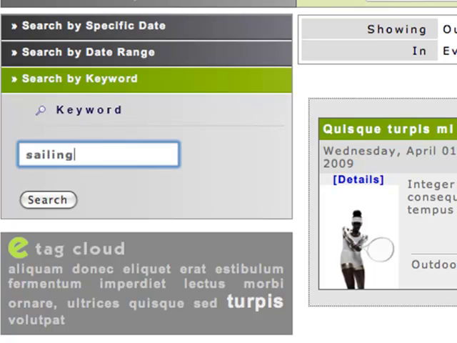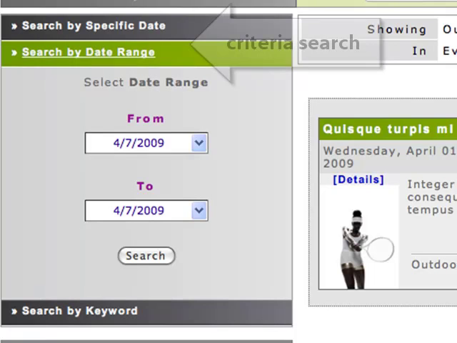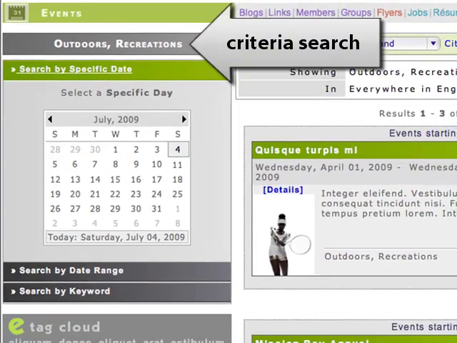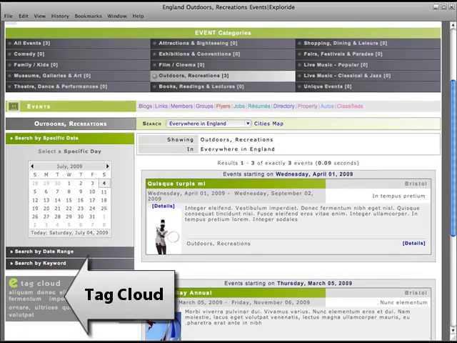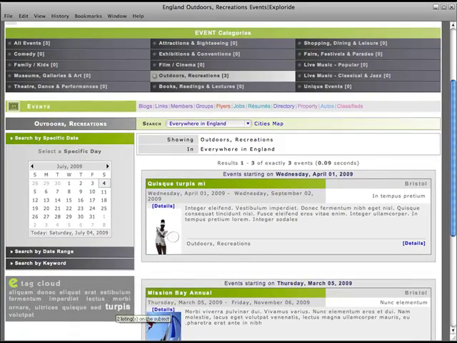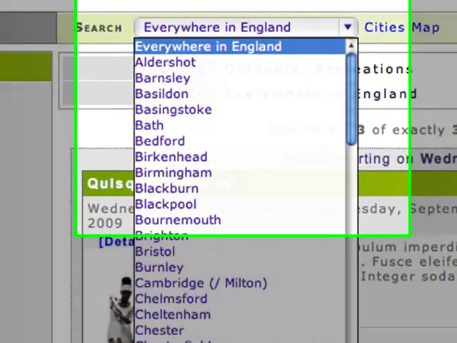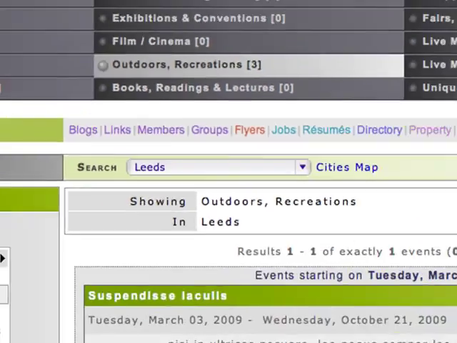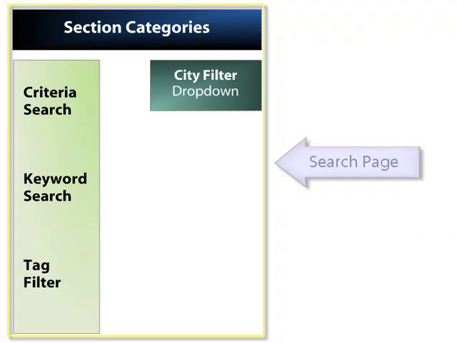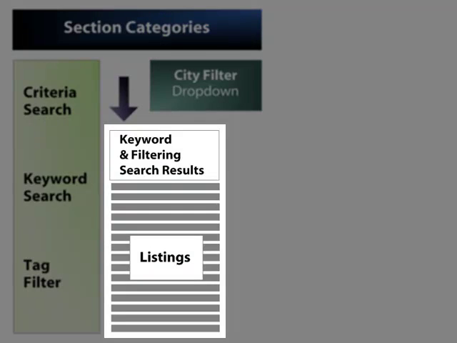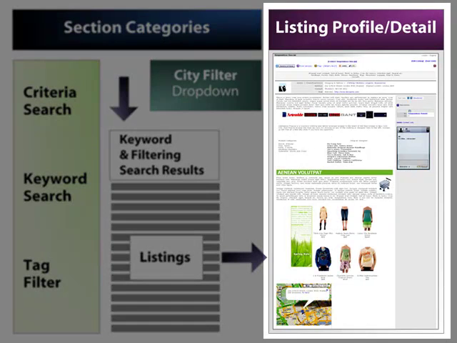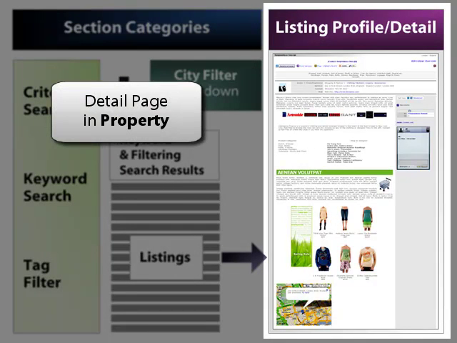Keyword search queries the description of listings. There's also criteria search, which is different from section to section. Tag cloud filtering and city filtering from a drop-down box. More on that later in this video. All 5 search and filter areas, categories, criteria, keywords, tags, and cities, combine to provide a powerful and effective search methodology. The search result links to a detailed web page, like for example, a web page for a property listing,